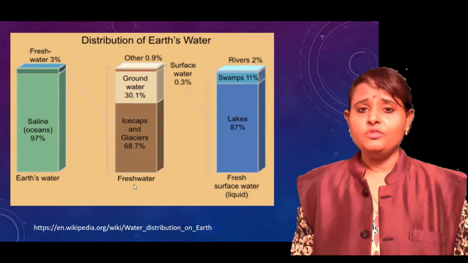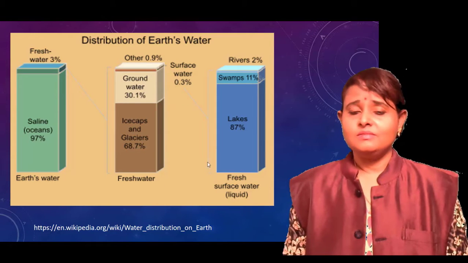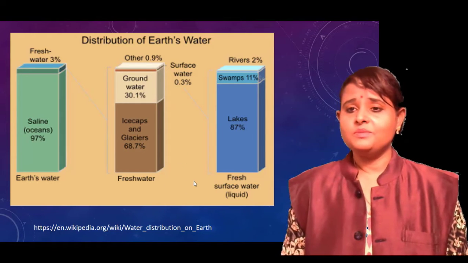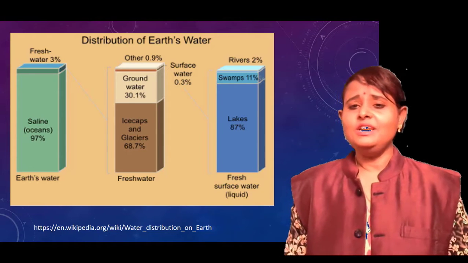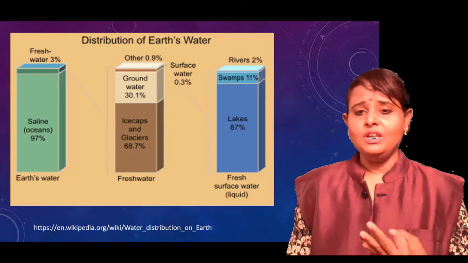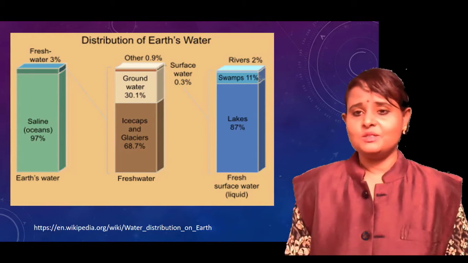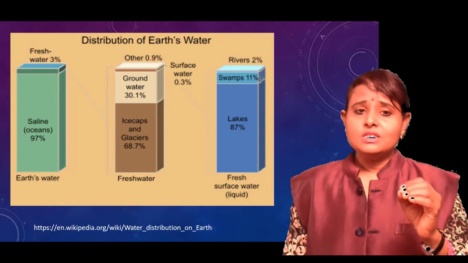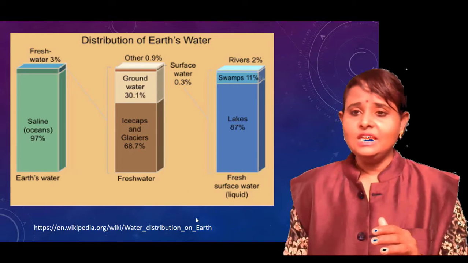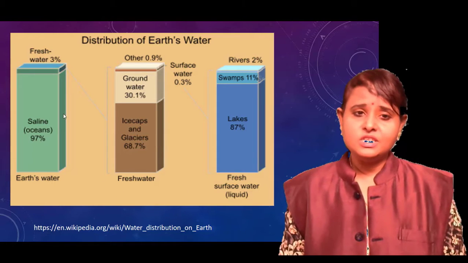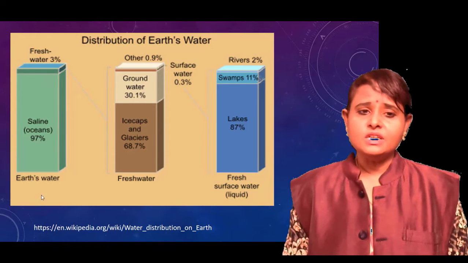Coming to the distribution of earth's water, I am going to explain fresh water, which is very important. You have already learned in school that the percentage of fresh water is very small, only 3%. Maximum 97% is marine water. Even though this 3% of fresh water is present, how it is distributed you can see in this picture. Out of the 3%,